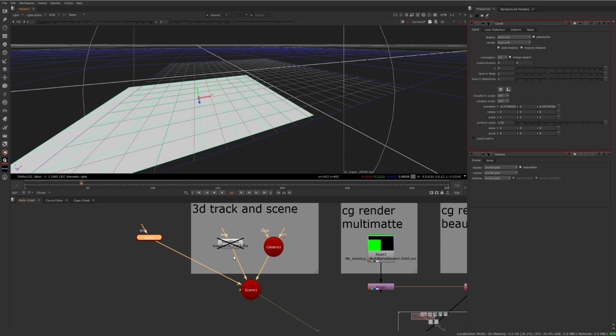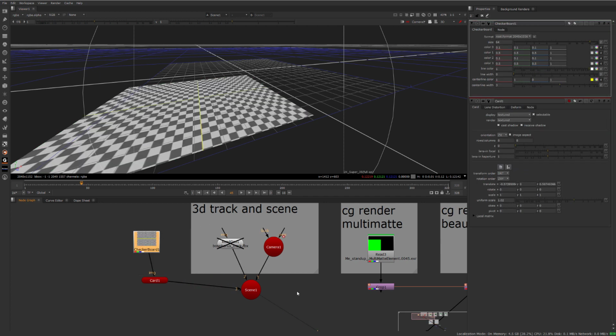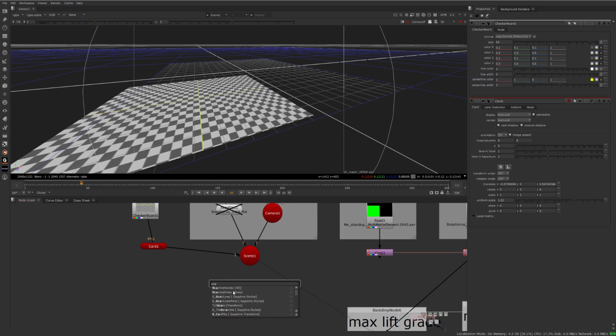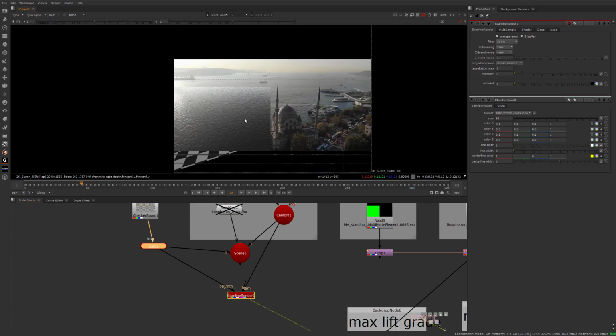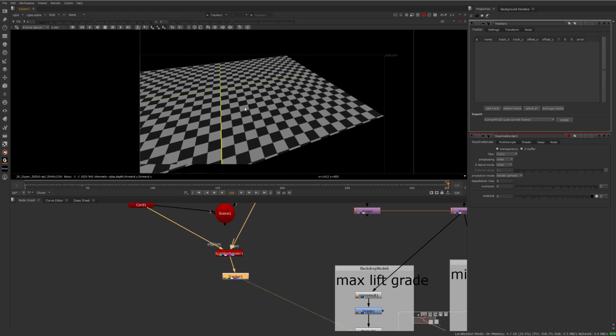Stuff like that. And let's add a checker node. Scanline, camera, and object to my card. Let's see the movement. Okay,